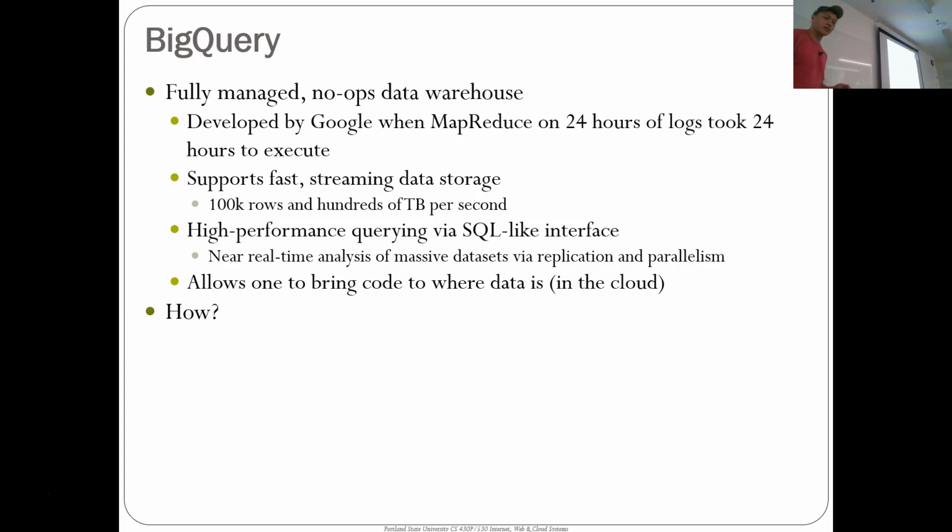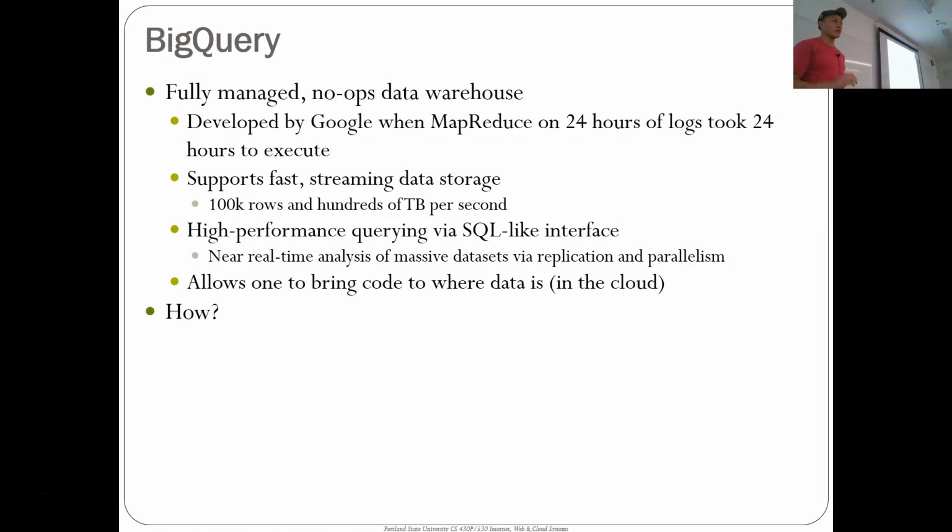Okay, so BigQuery is a fully managed no-ops data warehouse. And so this means it's serverless, right? So it's just like S3. I give you the tables to store, and then when I want to actually access it, you'll spin up enough servers for me to be able to process what I'm sending you. And then you will do all the replication. So like S3, you only get a handle to the object you want, and then if a bunch of people are accessing it all over the world, it will replicate it for you, and it'll spin up a server to serve those objects. Same idea is happening for BigQuery, and the replication of these tables is being done underneath